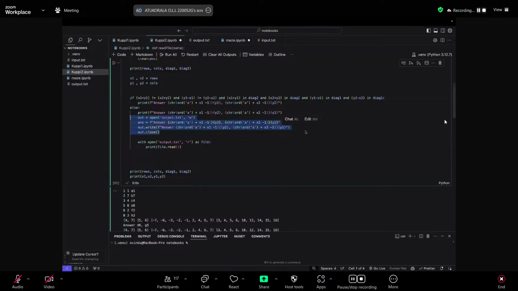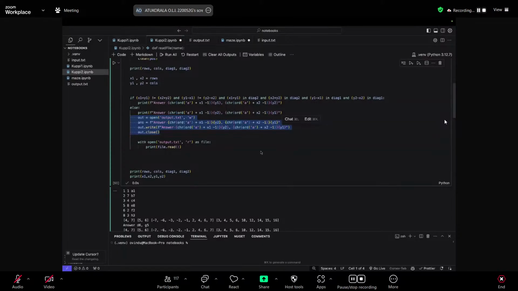What is the difference between W and W plus? I think there's a small difference in the permissions that you get from using W and W plus. Let me check that up as well. Okay.